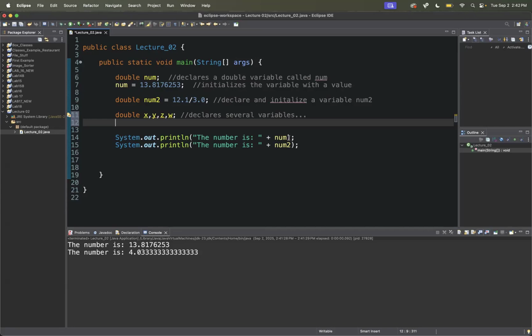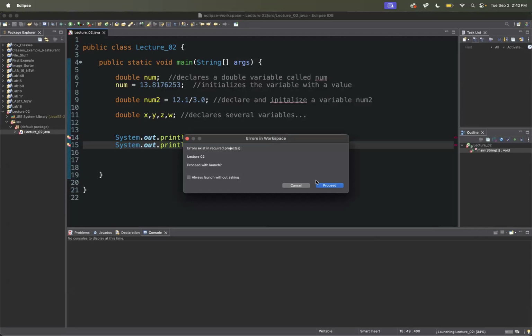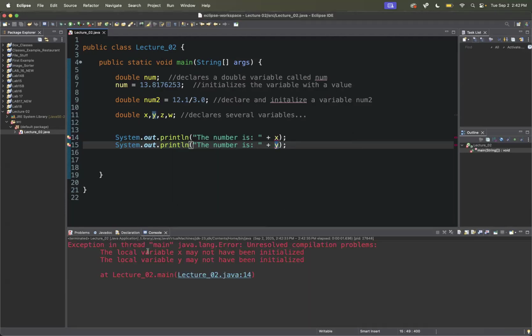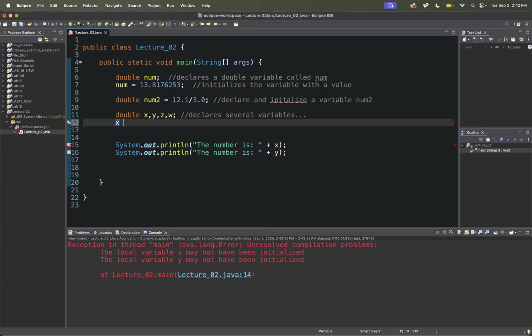So if I tried to print them out, right? What if I tried to print out X and then I try to print out Y? I will get an error, right? And it says the variable may not have been initialized. So I declared them up here, but I didn't put any values in them. So if you want to use them, you actually have to do something,